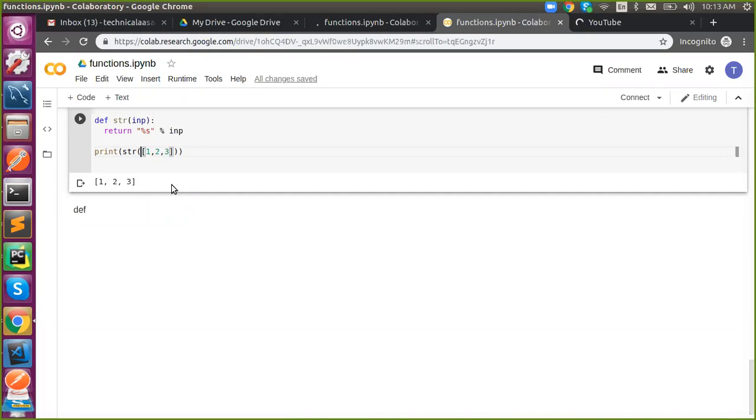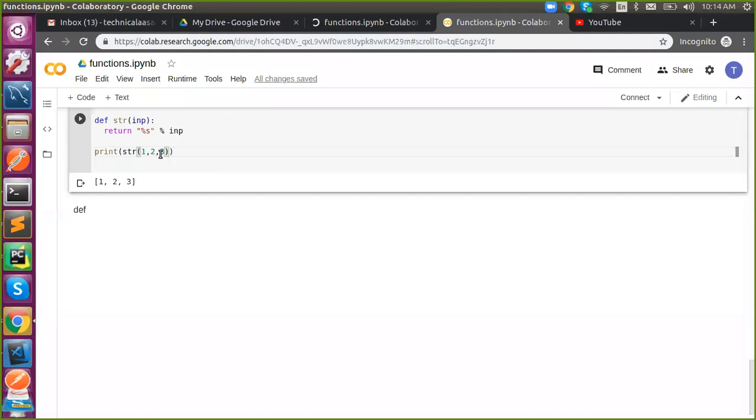Otherwise, this will raise an error. If I remove this, now it is three. It gives a syntax error? Have I missed any code or any comma? No. Then what is the error?